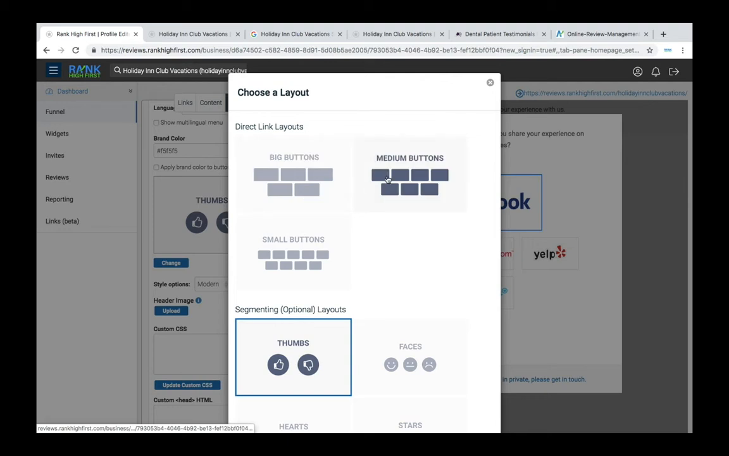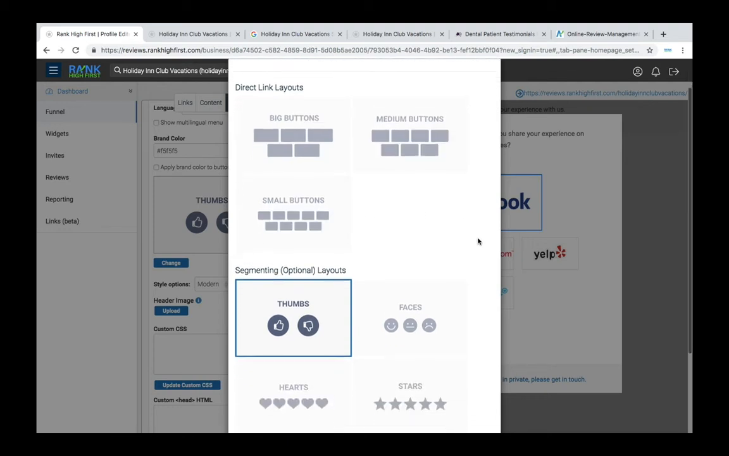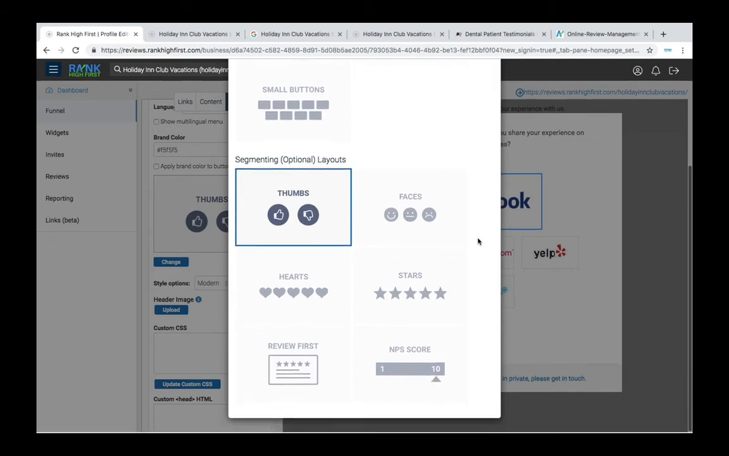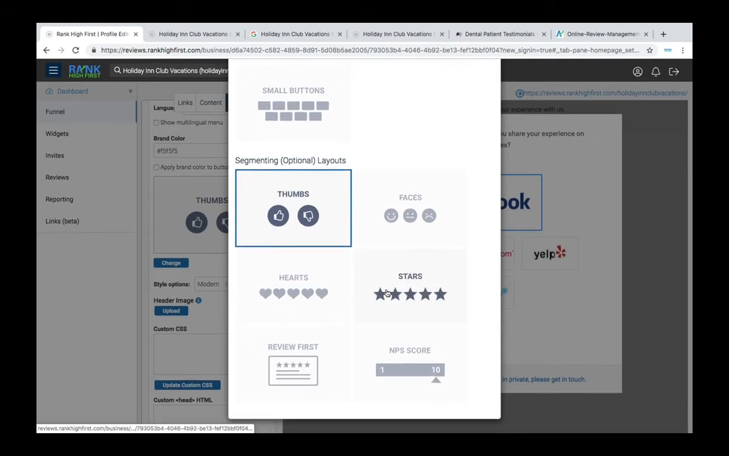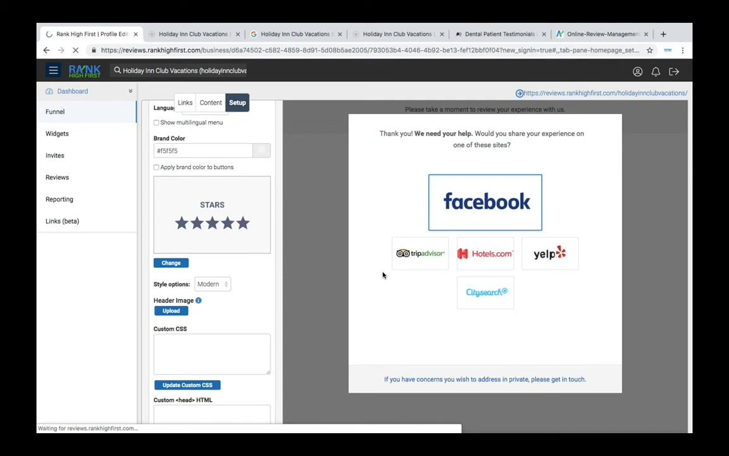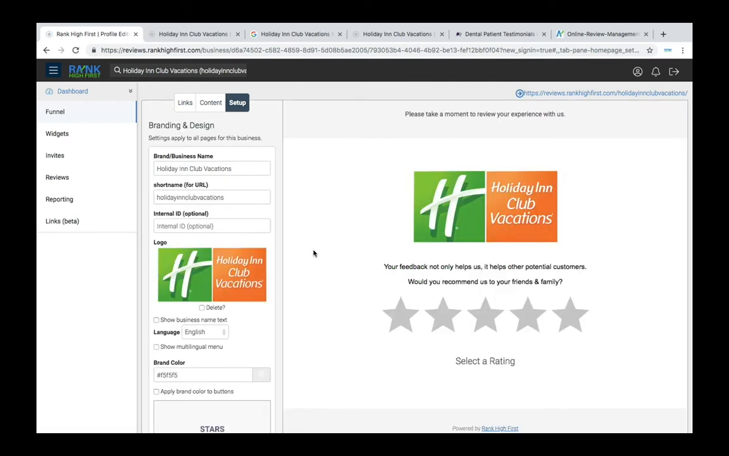Now, to show you some of the interaction designs we support out of the box, we have direct linked layouts that essentially assemble your review site links and drive customers to them directly. We have the thumbs and stars layouts, which are the most popular, and then we have the faces and hearts layouts as well. In this case, I'm going to select the stars layout, and now my page has been rebuilt